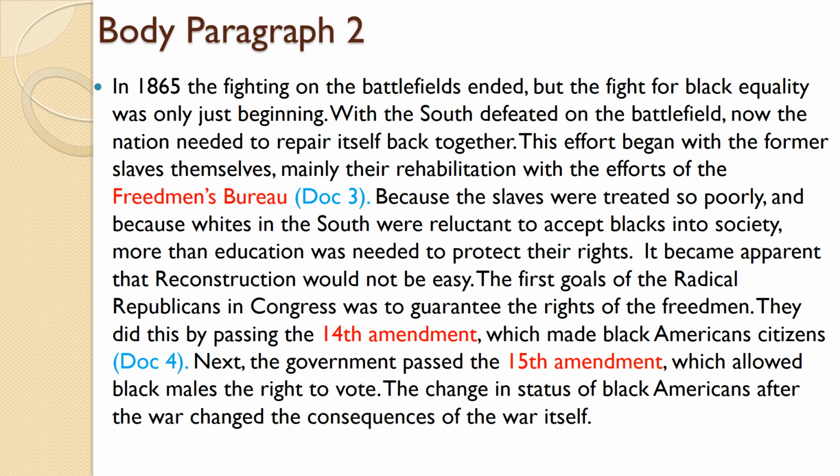Okay, so if this was not a timed essay, I'd spend a little bit more time fleshing this paragraph out. But timed essay, you gotta do what you gotta do. What I really like, and this is going to sound weird, my favorite part of this entire paragraph, though, is this last sentence, which is basically saying that the status of black Americans changed the consequences of the war. So the fact that slavery is over changed the consequences of what the war was even about to begin with, which again is what the prompt is asking.